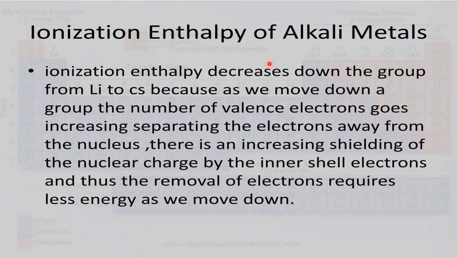Now, IE, ionization enthalpy, is the energy required to remove the outermost electron. Then you tell me what type of trend is there? Because they have the largest size, the outermost electron can be removed easily. So naturally, what we expect is that IE is less. Top to bottom it decreases, right? But if you compare the IE of alkali metals with other members, it is definitely less.